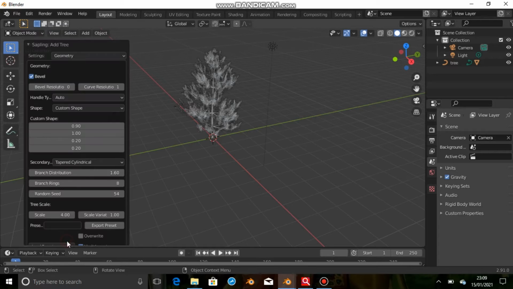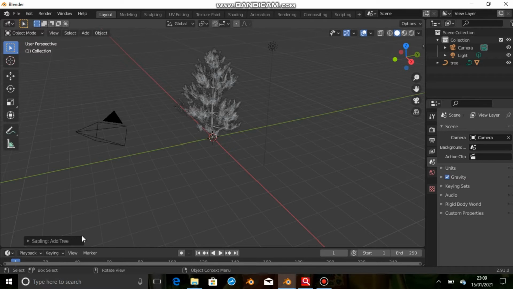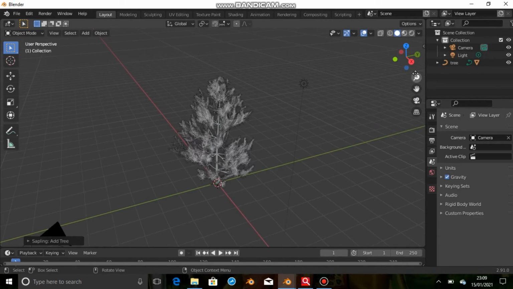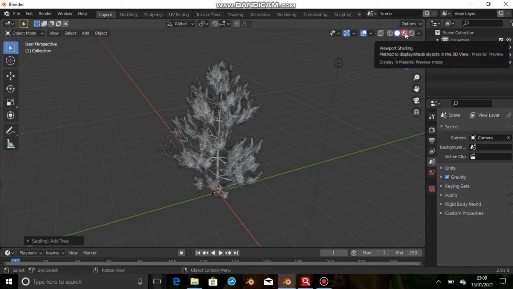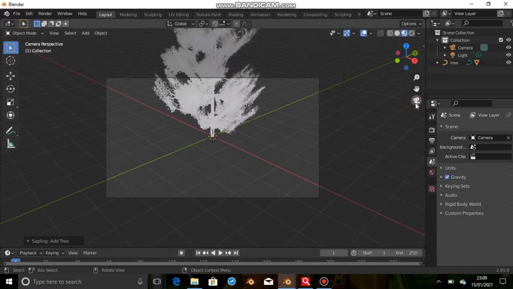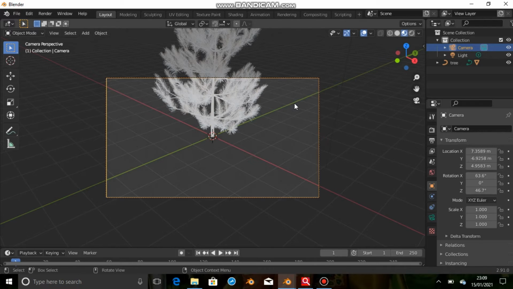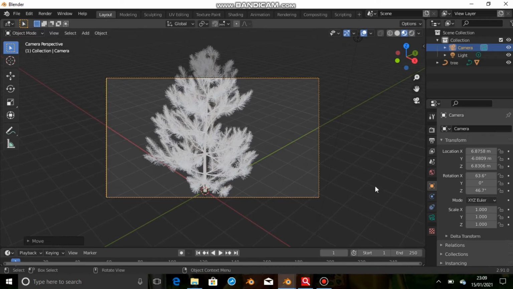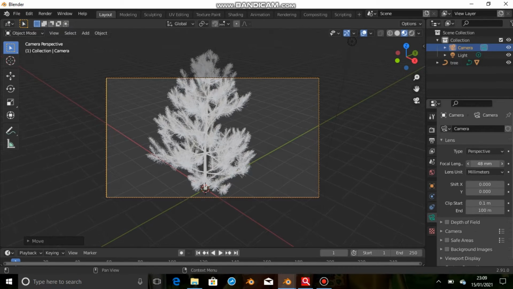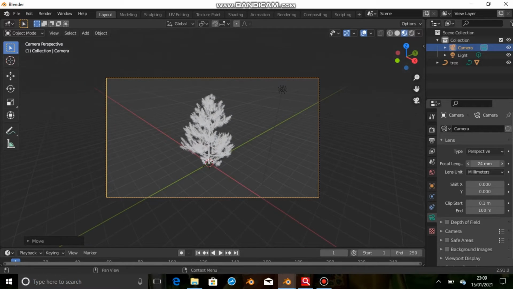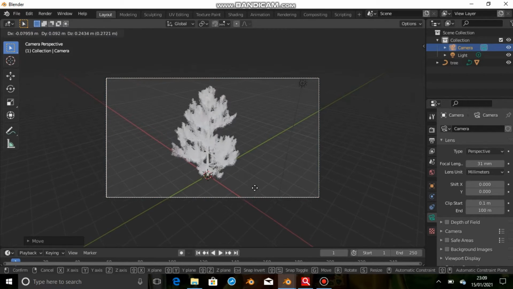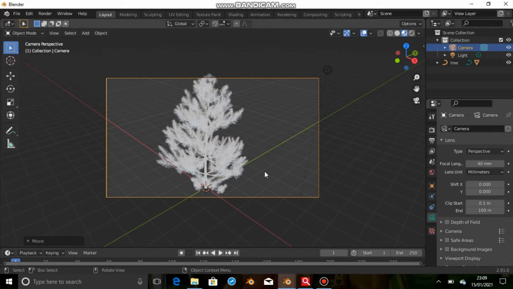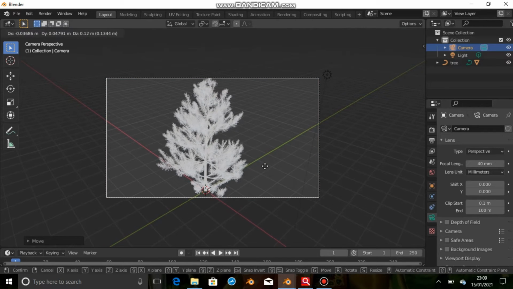Branch splitting, we have branch splitting geometry, and one more thing we forgot to mention is that in shape we will be using tapered cylindrical, or you can have an auto shape or custom shape also. Auto will be auto, and here it is a taper cylinder, and here the complete adjustment has been done. And yes, now you can press enter.